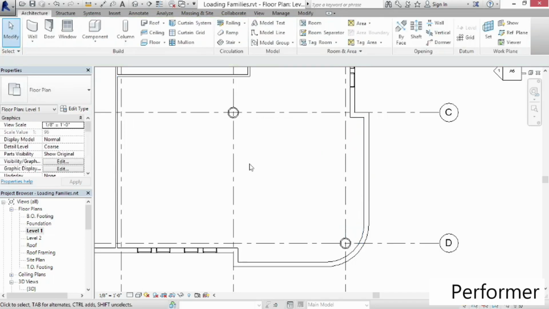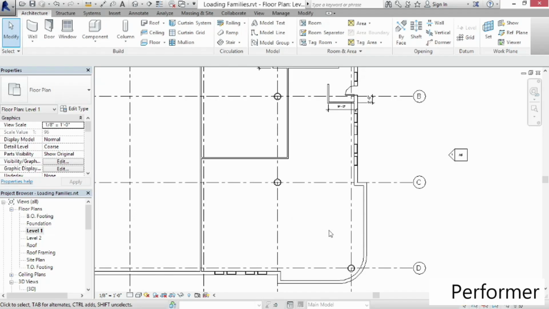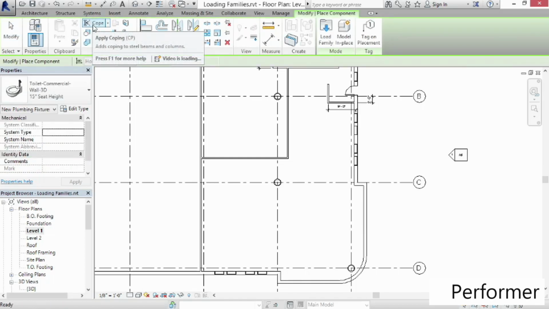Now, that same basic process could work for any kind of family. Let's say that we wanted to start putting some tables here in our restaurant space. Well, we can load a furniture family. Now, there isn't a furniture button here. We would go to the component button. And just like we just did for column, we would come over here to load family,